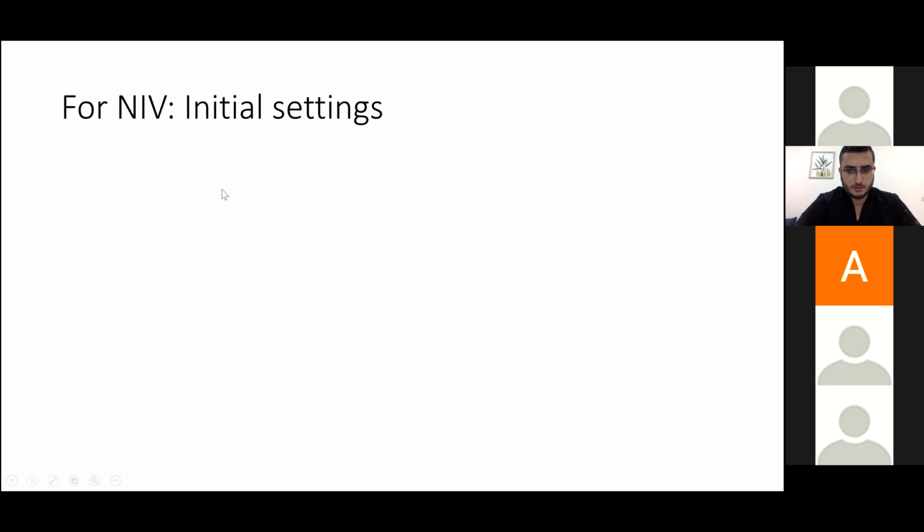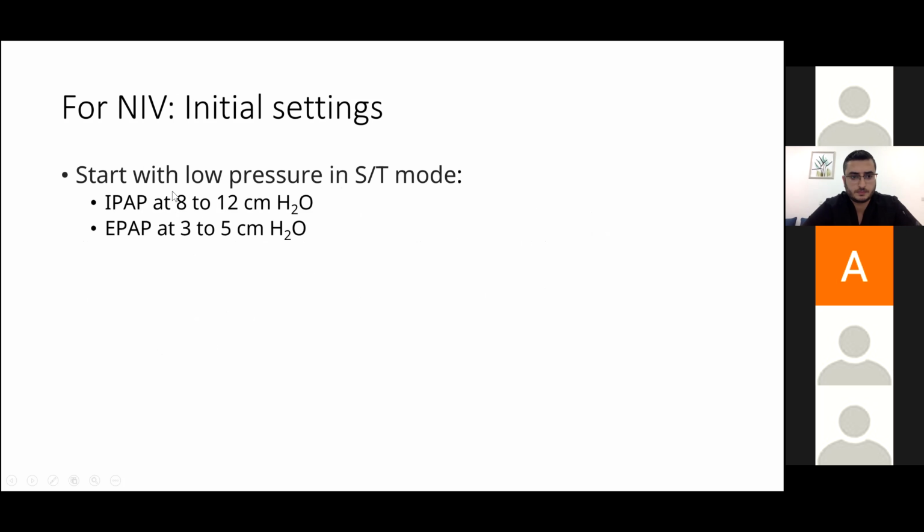For the NIV, you start with low pressure in the ST mode, meaning spontaneous and timed mode. This is more safe for the patients. Spontaneous means that the patient will initiate the breath. However, if they get tired or for some reason their breathing becomes slow, then the timed mode will start and take over and will start giving the patient